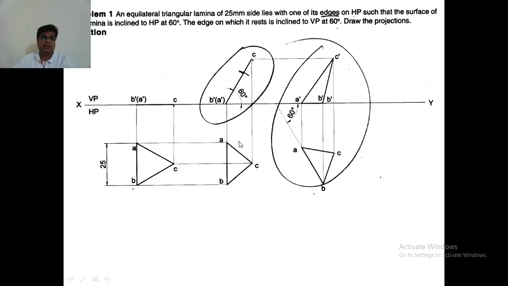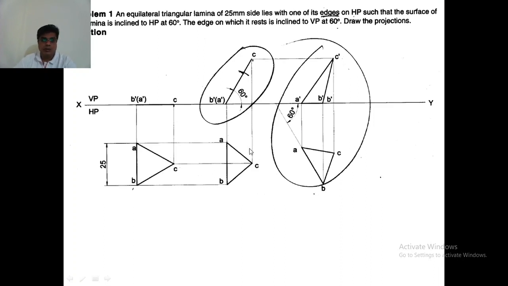So you have to use three pencils: the micro tip pencil to draw thin and light lines and dimension lines, and the HB pencil to write the numbers or the alphabets. So all this, 60 degree, 25 mm, A, B, C, D, VP, HP, XY should be written using your HB pencil, and the front view and top view of the plane should be thick and dark, drawn using your 2B pencil, which is darker.